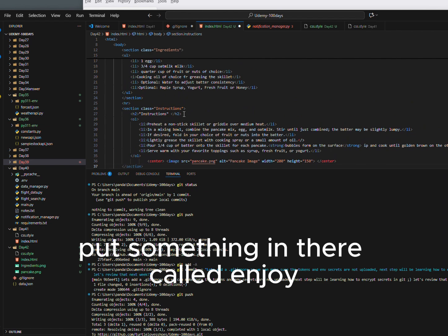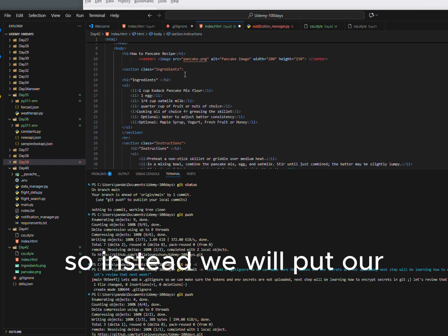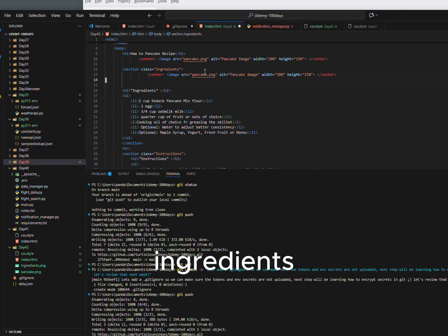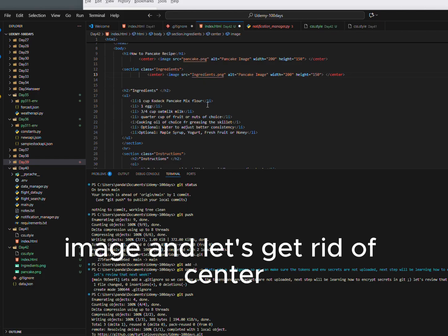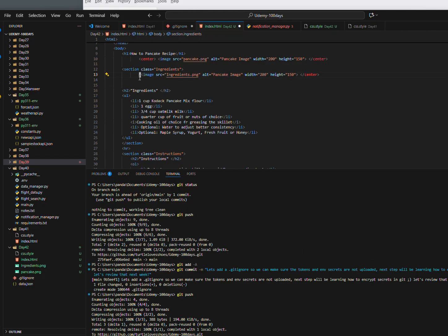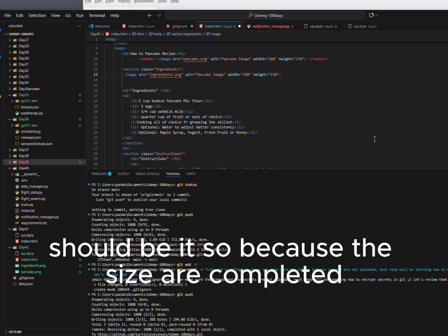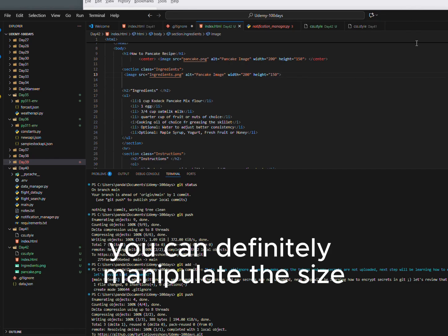Put something in there called enjoy. So instead, we will put our ingredients image, and let's get rid of center. Should be it. So because the size auto completed, you can definitely manipulate the size based off of the width